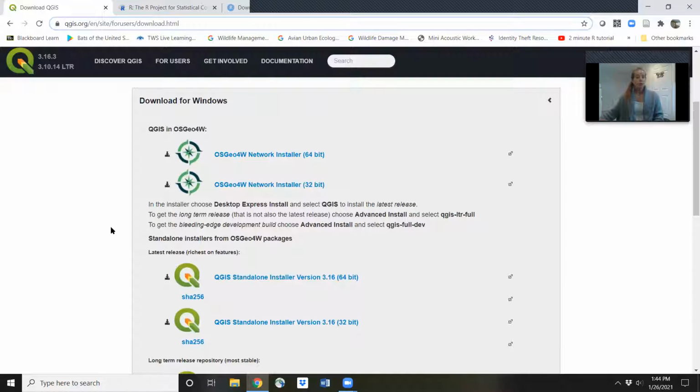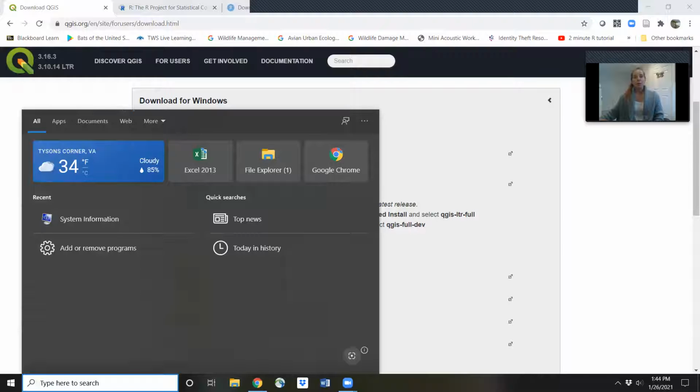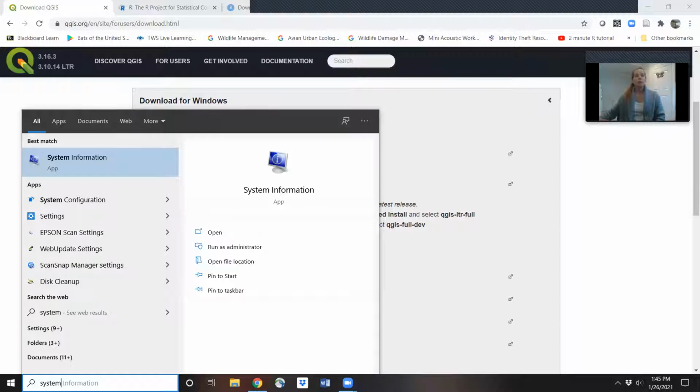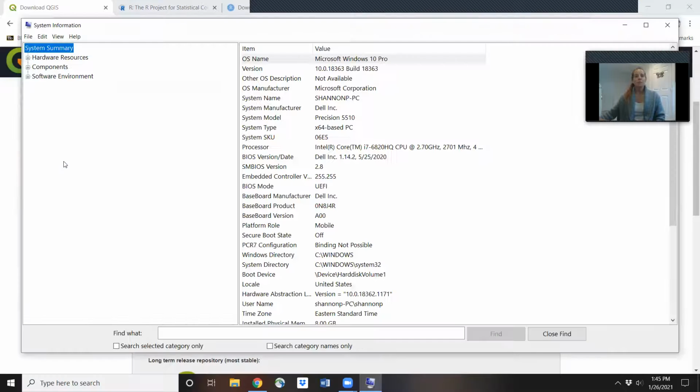The first thing you want to do on your computer is know what type you have. Do you have a 64 or 32 system? So to find that out, I'm in a Windows operating system computer. So I go down here to this search field and I start typing in system. So I want to pull up system information. I'm going to scroll down and I see the system type is a 64. So you're going to see x64 or x32. Now you will know which software package